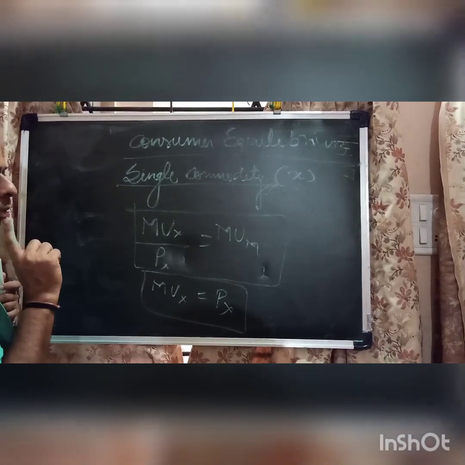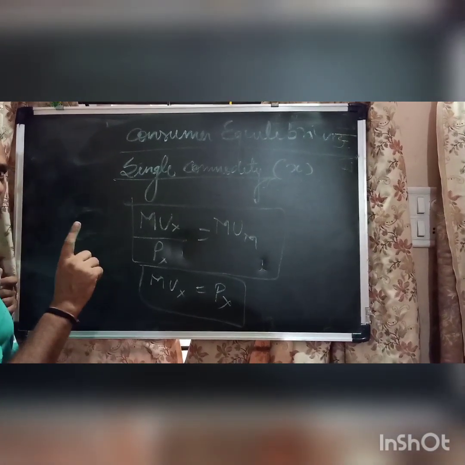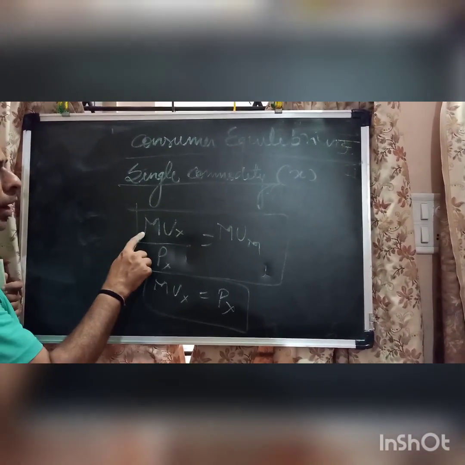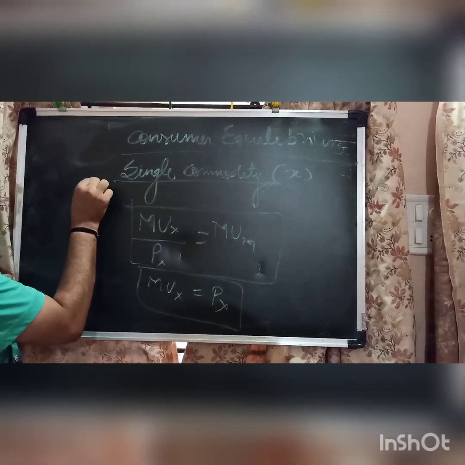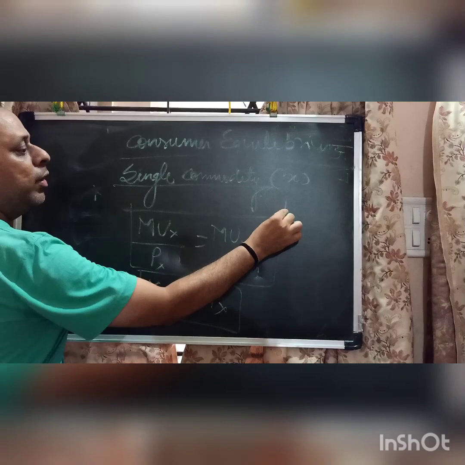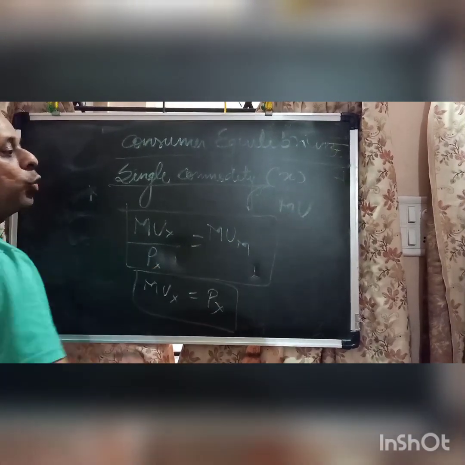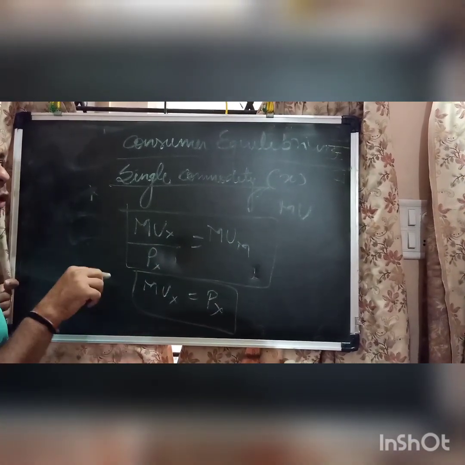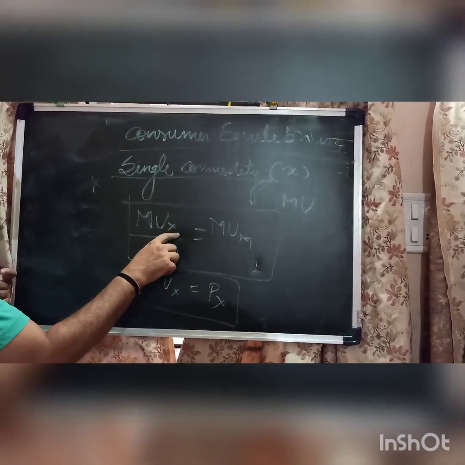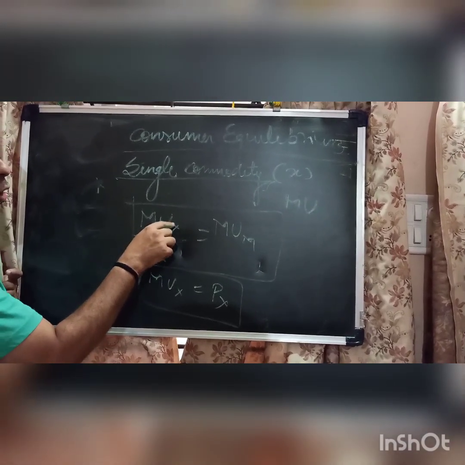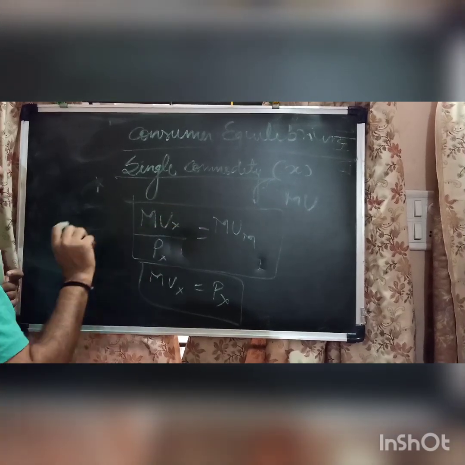Now in all the questions, one thing you should note down, that marginal utility will always be given. The given marginal utility is known as MU. जो marginal utility दी हुई है उसको हम MU ही बोलेंगे. MUX का मतलब है marginal utility of commodity X which we are considering.